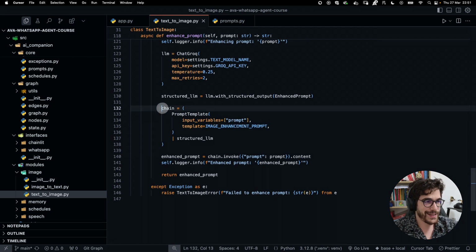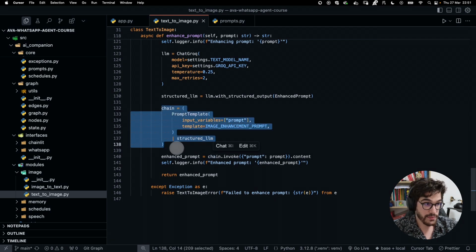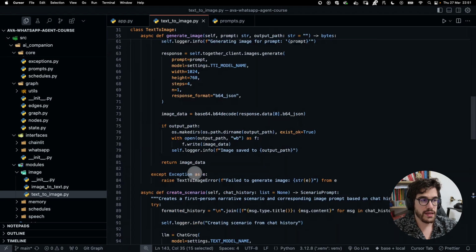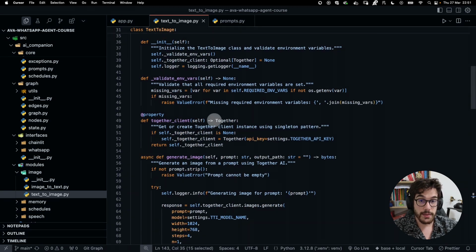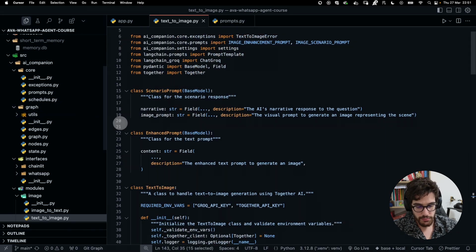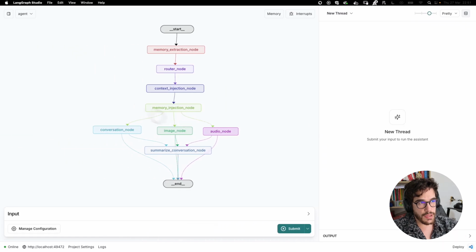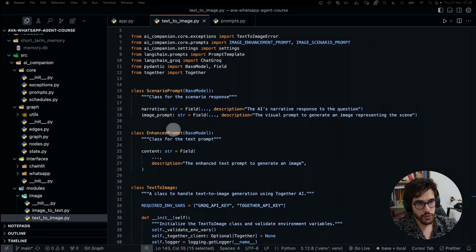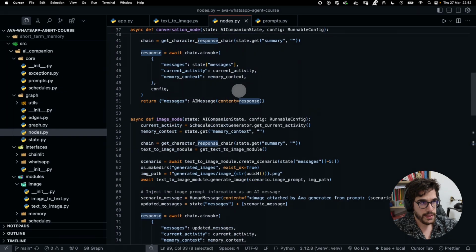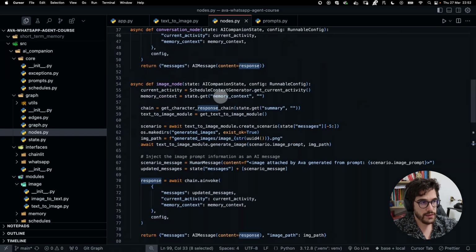Okay, so after that, we are just defining the chain and invoking the chain as always to create this enhanced prompt. And this enhanced prompt at the end of the day is the one that we are going to pass to generate the image. Okay, so where is this class going to be called? Let's go to LangGraph Studio, and remember that this class is going to be called from the image node. So if we go to nodes and the image node here,